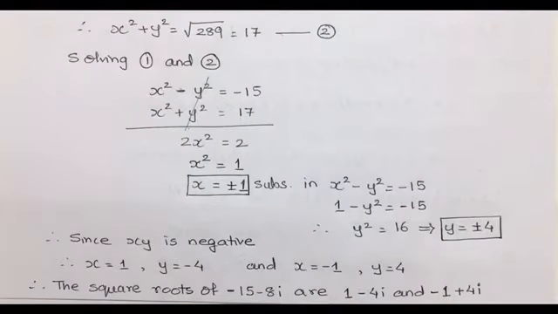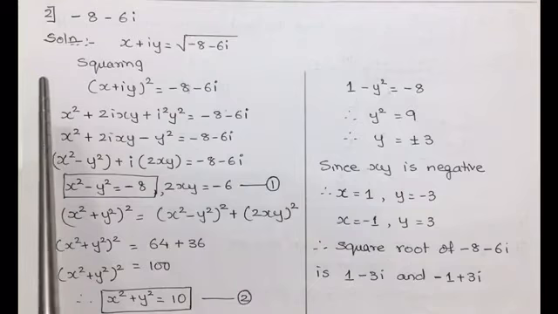Therefore, now taking out the final square root of minus 15 and minus 8i, after calculating the value of x and y it becomes 1 minus 4i for the first pair, and for the second pair it becomes minus 1 plus 4i. So calculating the square root, the most important thing is getting the value of x and y and keeping it in their places. We get the square root of the given complex number.